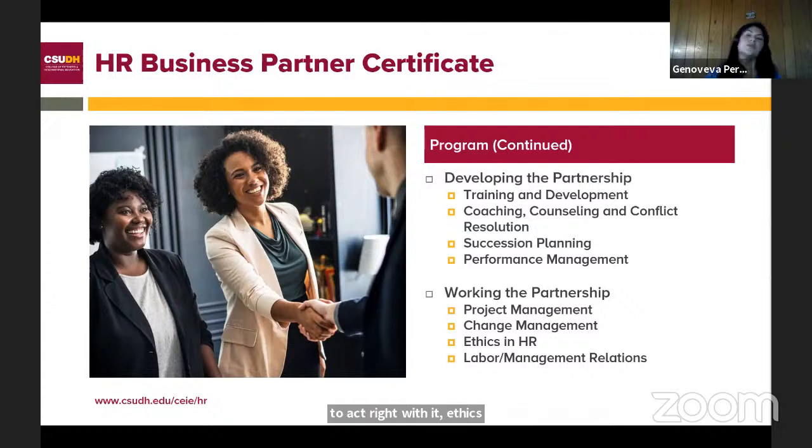Ethics and human resources is the most critical thing. So we go over ethics, we review your policies, so we can understand that. And then again, we touch bases on our labor and management relations. So we want to talk a bit about union versus the non-union section. So we will actually look into a plan, a proposal, so that we just get an idea and a feel of it.